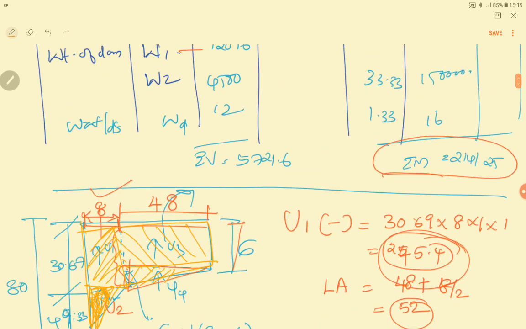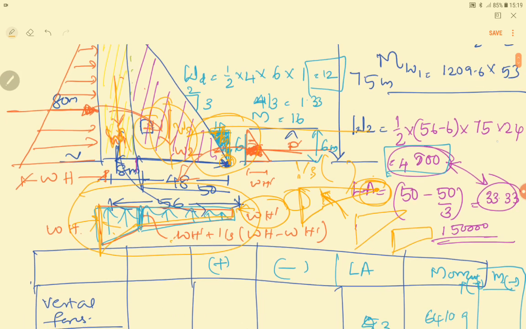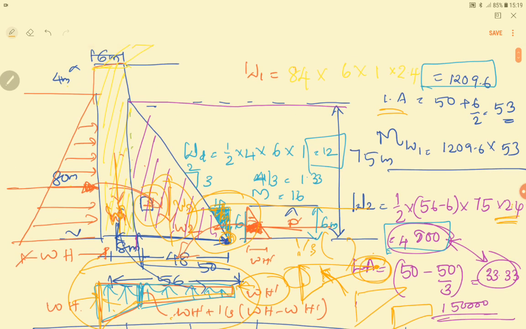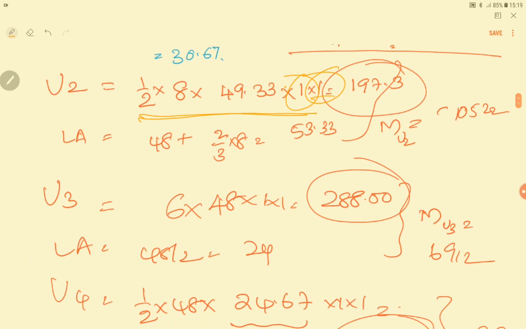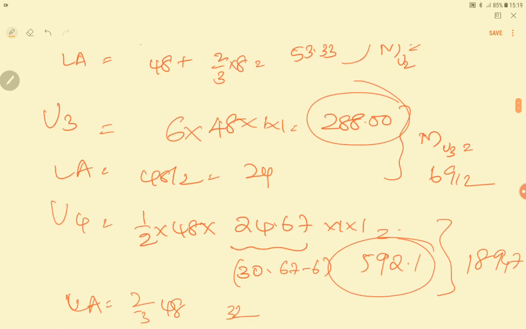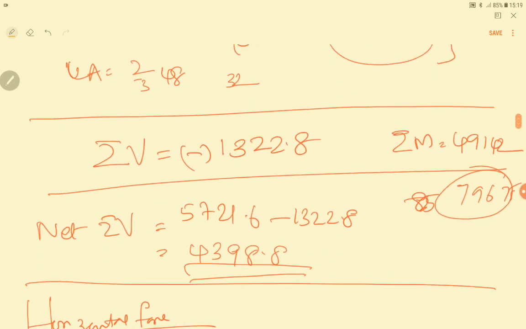Okay, you must be careful when you multiply the unit weights, because when you consider W1 and W2, what is the unit weight that you have to multiply? You have to multiply the unit weight of concrete. But here the uplift is because of the water. So what is the unit weight that you have to consider? The unit weight of water has to be considered here. So this will be the value. Now similarly you found the value of all the 4 uplifts, and then you found out the sigma v value and the sigma m value corresponding to the uplift also.